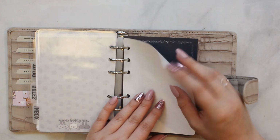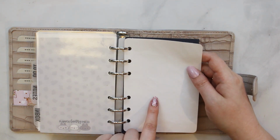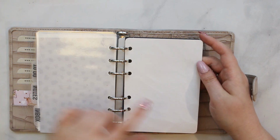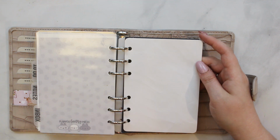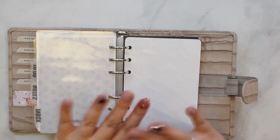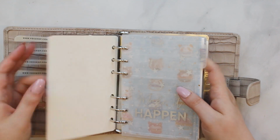Here we have a piece of sticker paper. This is the backer from one of the Cricut Paper Co. kits. So it's that thicker paper that vinyl comes backed on. I prefer that to the thinner release paper. And this is just so that I can carry some stickers with me if I decide to go anywhere. I can just put them down on here ahead of time, because I do my dailies in here. And I usually travel with